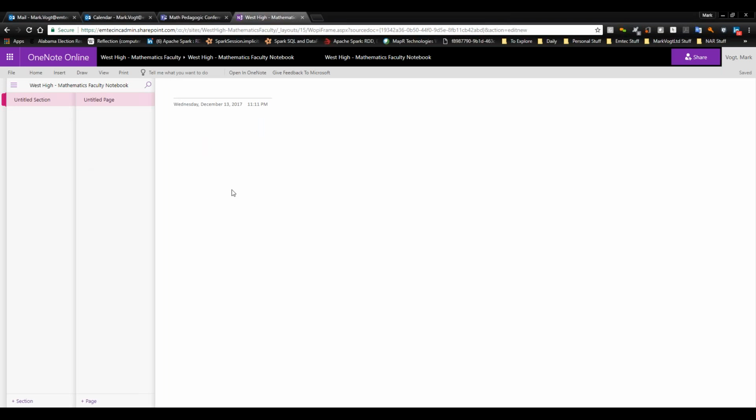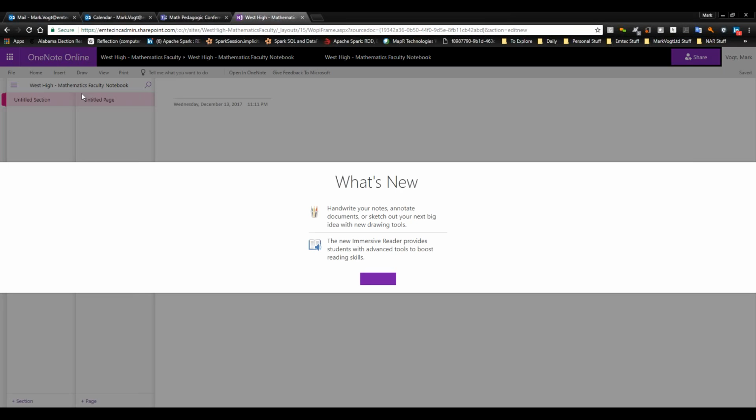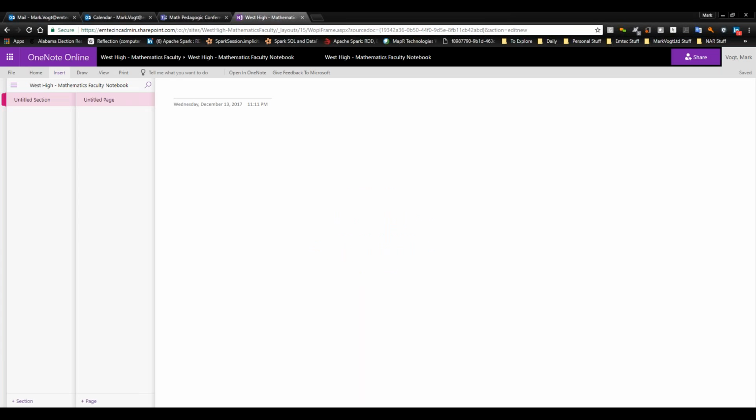Here we see an entire OneNote notebook that's been created just for the mathematics faculty. You can think of it as this scrapbook that you can put anything and everything in there that represents the tribal knowledge that you want to add on to this. You can even organize all of this information by adding additional tabs and building it out. But at least it's there as a start to give people that are in that mathematics faculty the idea that, hey, if they share content here, it can share it in a very unstructured format. It doesn't have to be overly constraining, and they'll still be able to share it with all of their other colleagues. Let's hit the back button and go back to the home page of this team site